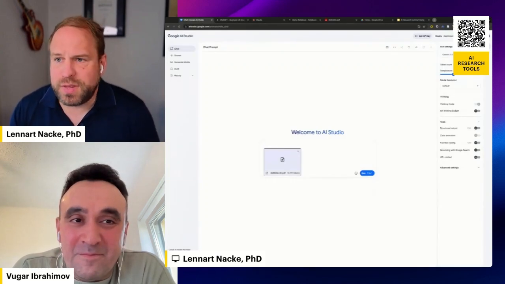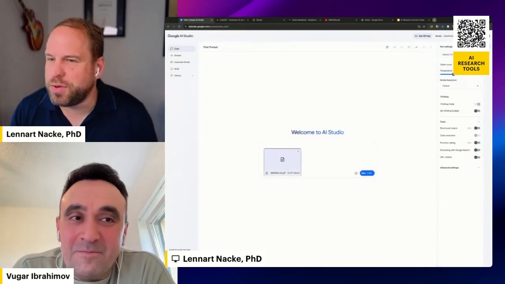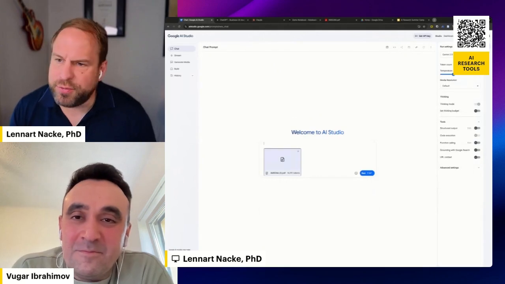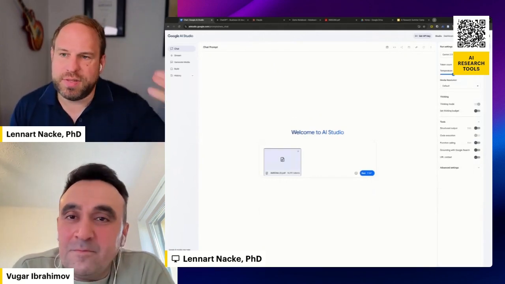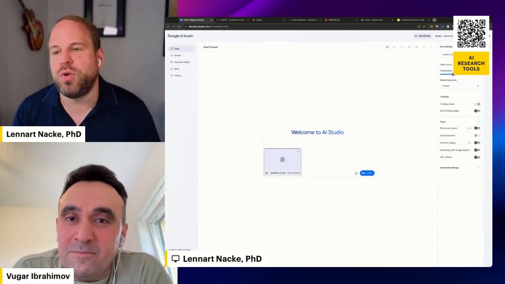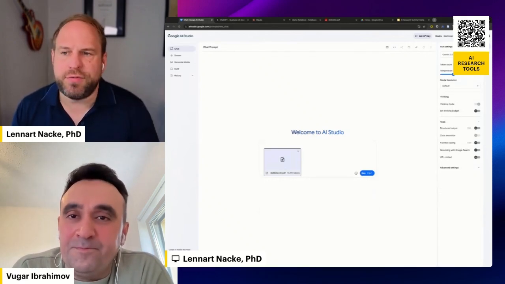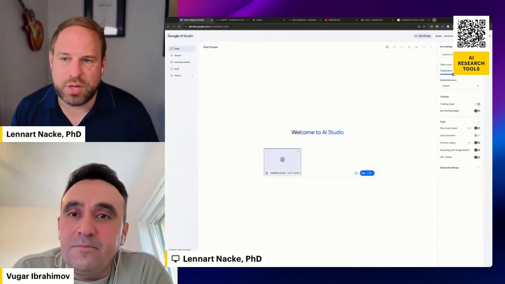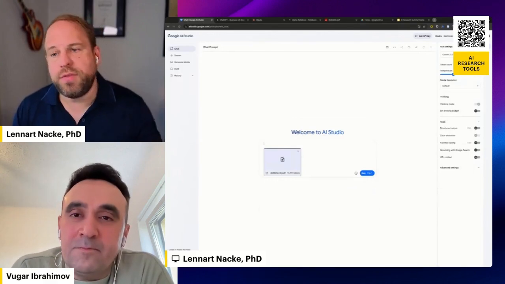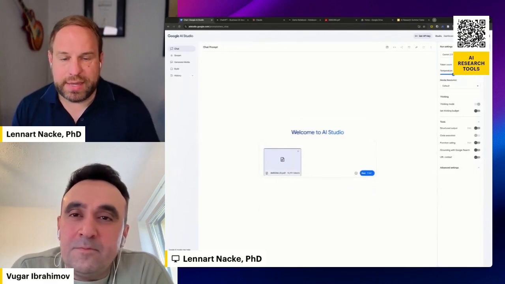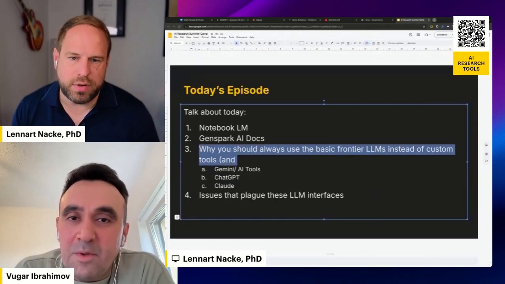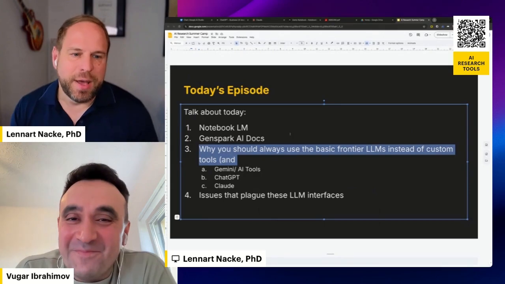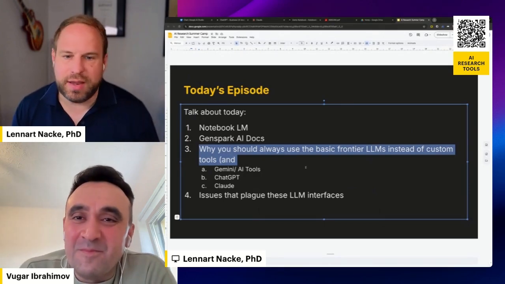But one of the things we do want to mention is that specifically for lit reviews, you can use a tool like Litmap, super useful to help you drill down into cluster topics and see these citation networks and understand how that works. That's different from a mind map, or even from conceptualizing stuff. And one of the things we can do is use the existing frontier LLMs. We have some demos before we get to this, but you can basically just use the basic frontier LLMs instead of custom tools.